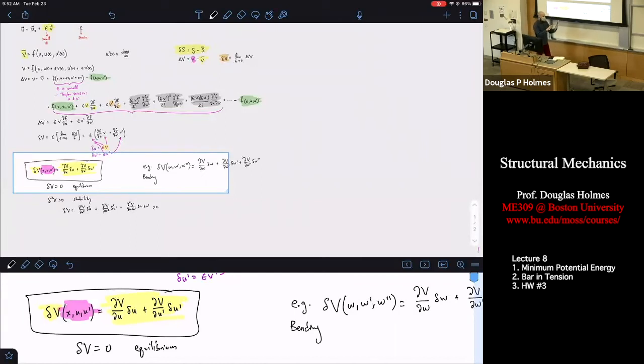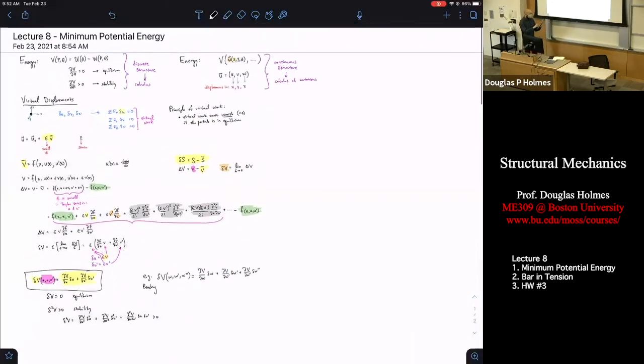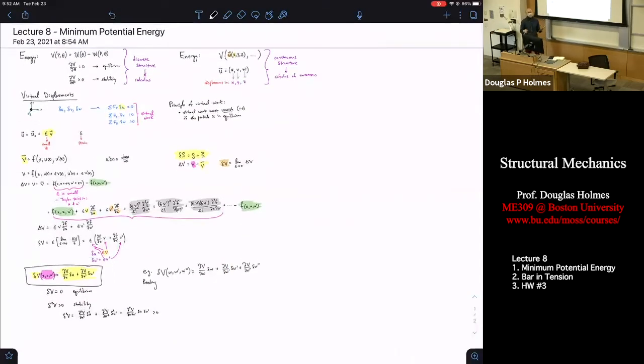One of the main takeaways I want you to have from all of this is that I feel like I've done a poor job in the past teaching this, because I think people associate calculus of variations with an action. And I want you to associate calculus of variations with a functional. And that functional can be anything. Last class it was an action. This class it's a total potential energy. You can use the calculus, if you want to,